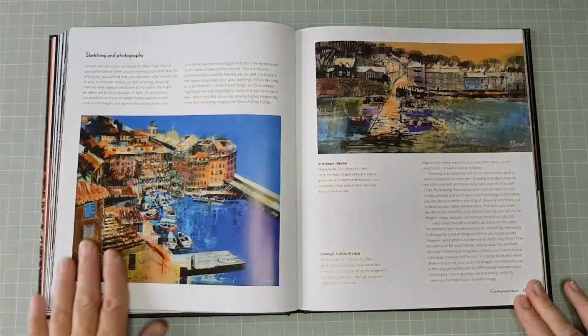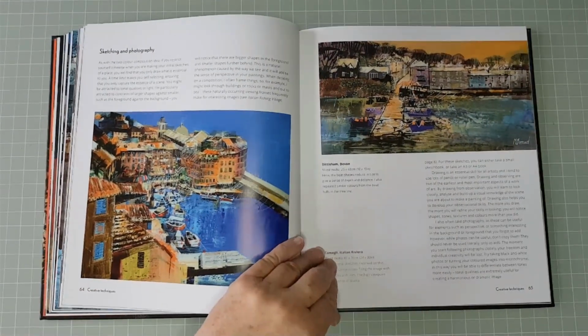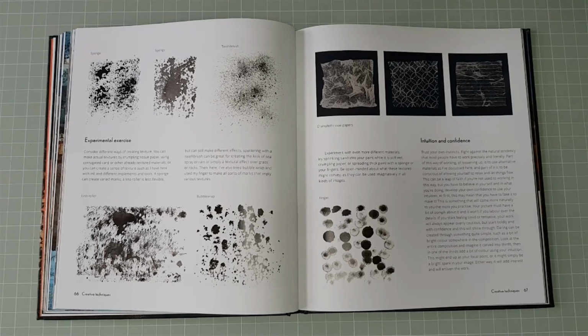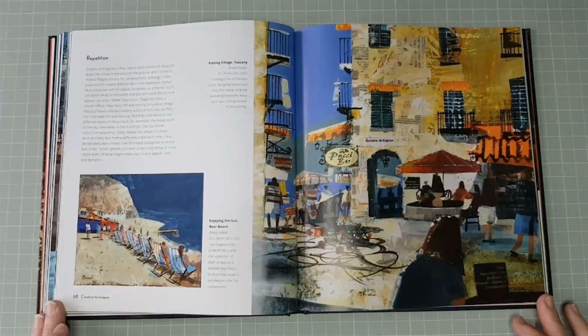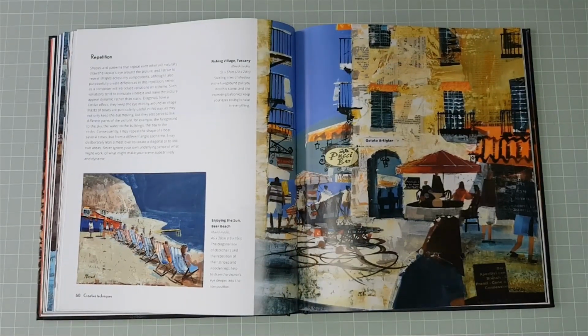Here Mike discusses what he looks for when he's sketching or taking photographs. Texture is important to Mike in his work, and here are some experimental exercises for you to try. The importance of repetition. Shapes and patterns that repeat each other will naturally draw the viewer's eye around the picture, illustrated by the row of deck chairs on the left and the repeating balconies in the main image, Fishing Village,